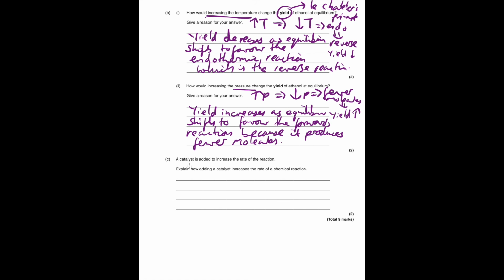And then finally we're looking at catalysts, which we know increase the rate of reaction. So explain how it increases the rate of reaction. So we looked at this with our catalysts questions. So it provides an alternative pathway with a lower activation energy. And therefore we have less energy needed for particles to react,